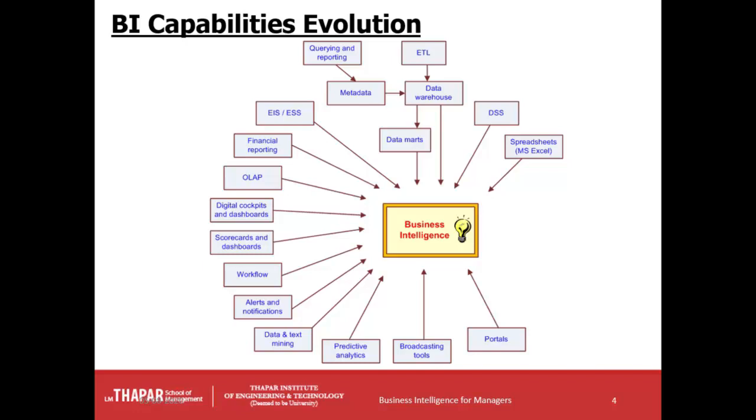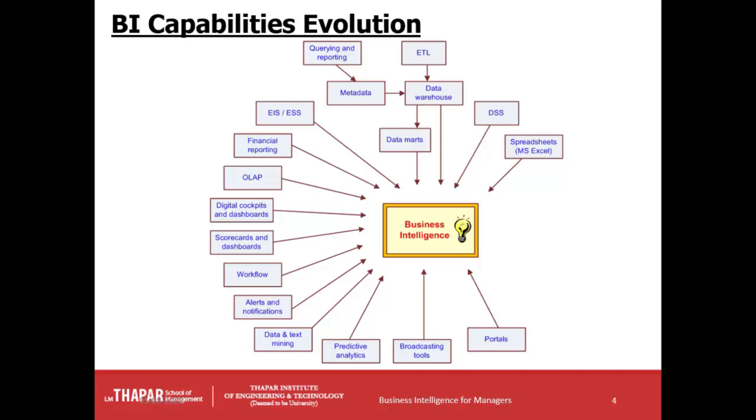A very good example of notifications is the notifications we get when we purchase something from an e-commerce portal. As soon as we make a purchase or we are in the process of purchasing something, we get notifications that people who have bought this have also had a look at something similar to these kinds of products, or they can also show you certain products which are complementary to the product you are trying to buy from that portal. So those are alerts and notifications.